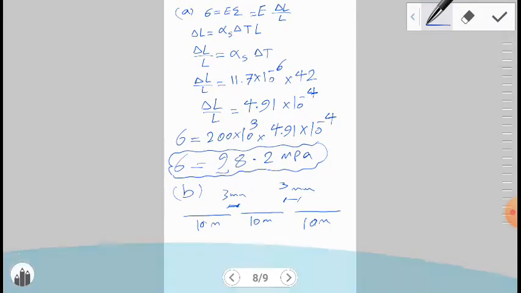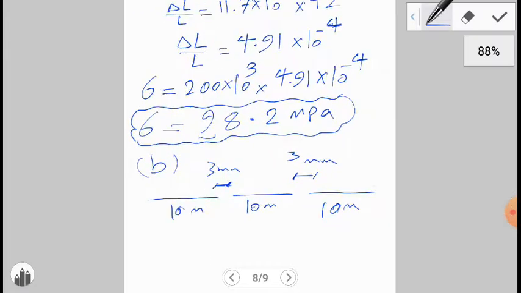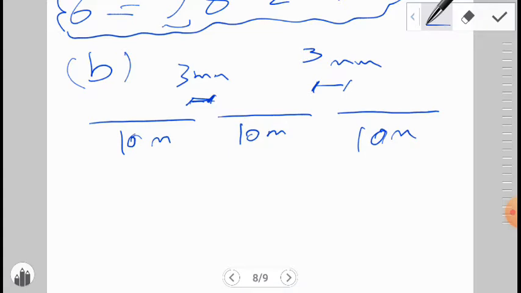In this case, we need to write the compatibility equation for finding the normal stress. Compatibility equation, CE: gap is equal to